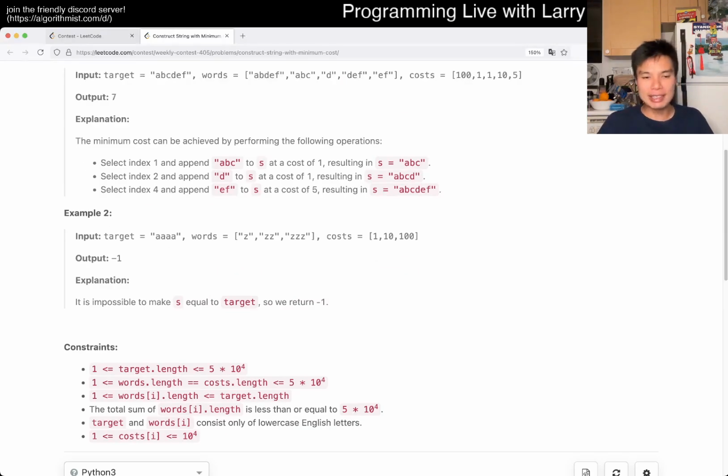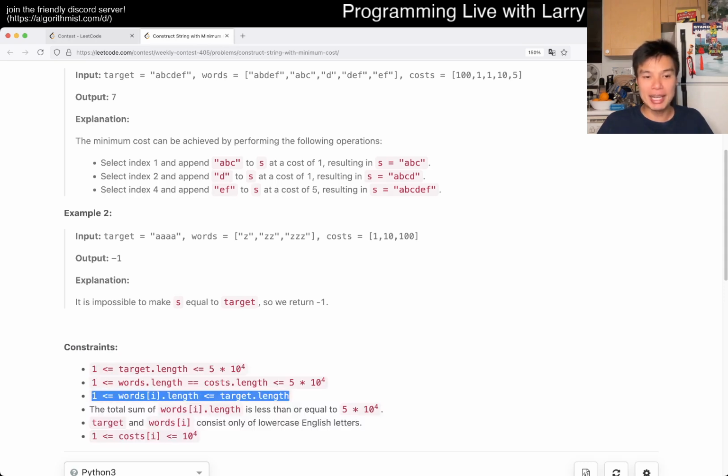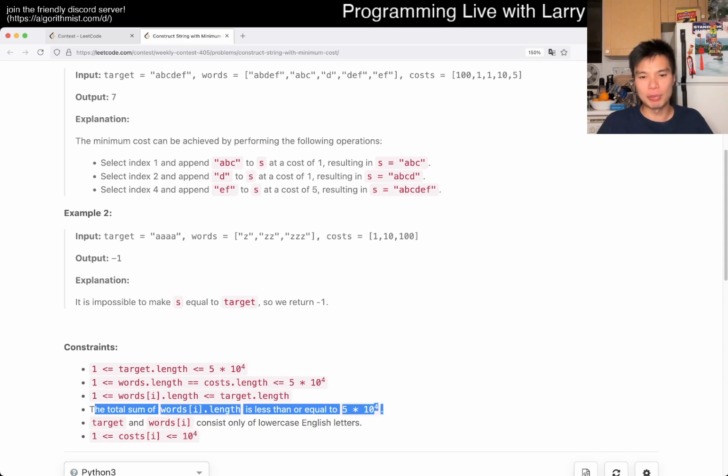So the target length is n, or maybe t, and n is the number of words, and each of them is big, but the total sum of the length of the words has a 5 times 10 to the 4th constraint. So the first couple of things that I was trying to get through,